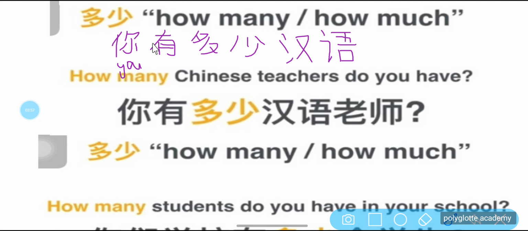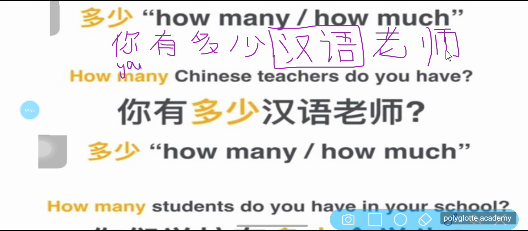So 你有多少？汉语 is Chinese language. So 你有多少汉语老师？ So 老师。你有多少汉语老师？